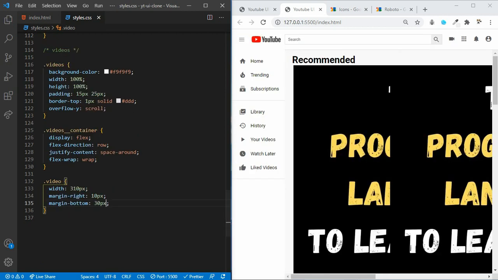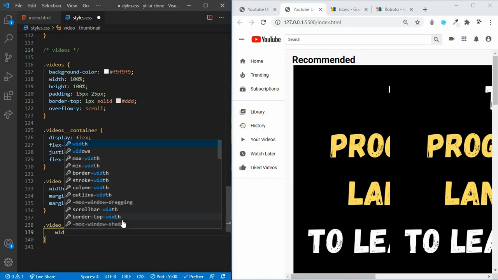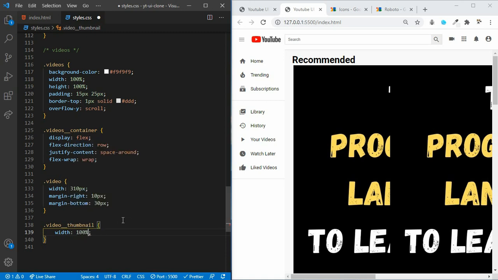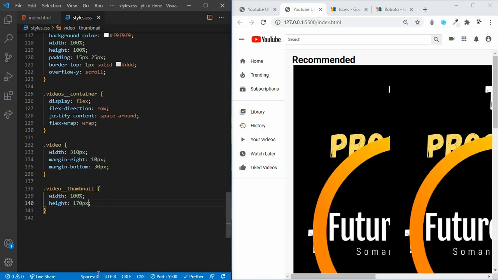Now let's target that video thumbnail. Let's set the width to 100%. Let's set the height to 170 pixels. Now it's time to target that image that is present inside the video thumbnail.